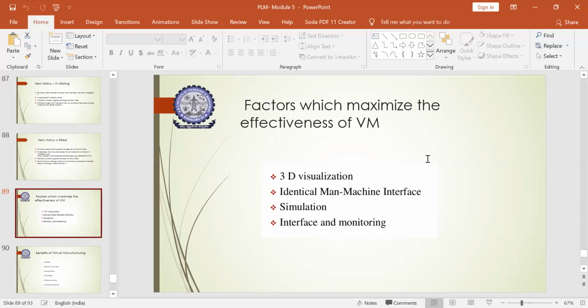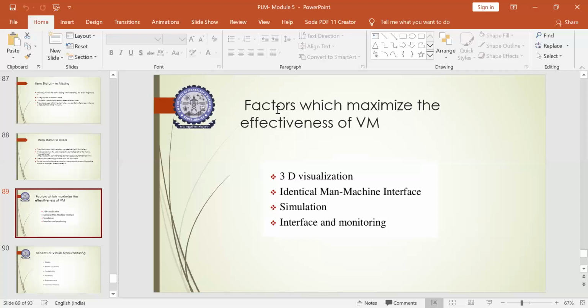But if we create all of this virtually by the concept of virtual manufacturing, any company or organization working in this field really benefits. So this was the overall agenda of our module 5. Once we have completed, I just wanted to throw some light on virtual manufacturing before we end.